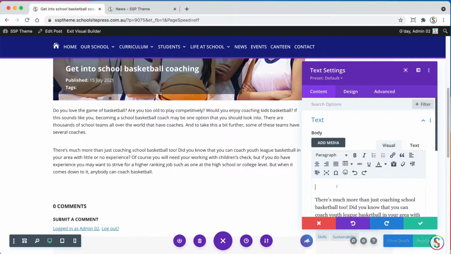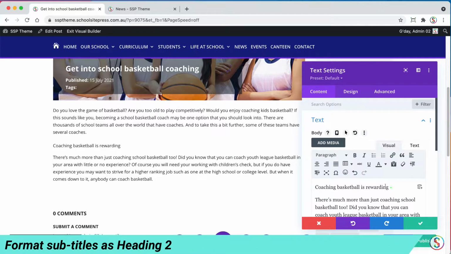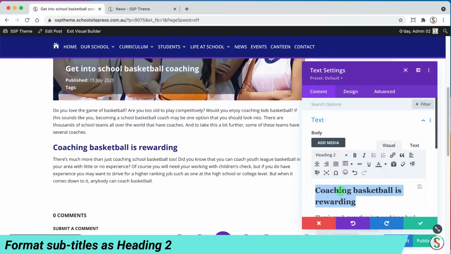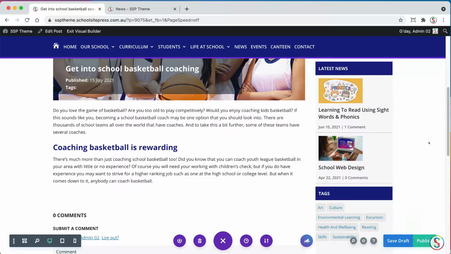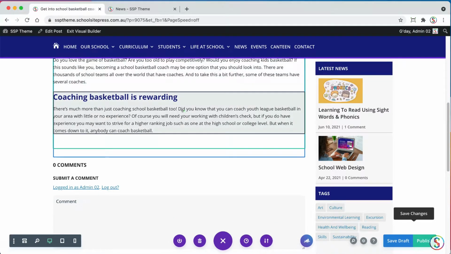Oops. Now remember, Command Option Shift V, or Control Option Shift V, I guess, on a PC. I'm going to highlight that title, and I'm going to make that heading 2, and it will automatically be styled for you. Now that we've got a couple of text boxes in here, I'm just going to click on there,